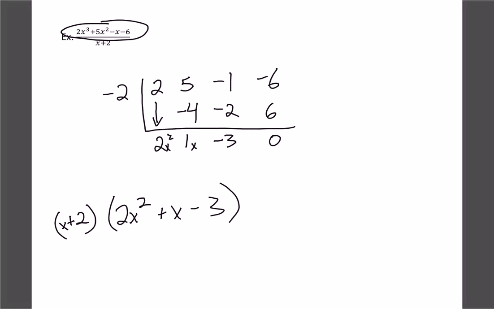So what we're going to be doing with this stuff then is taking that final answer, right? What we already know is that x plus 2 was a factor of the original. So when we divided it, we were left with 2x squared plus x minus 3. So now all we would have to do then is factor whatever's left over. So if we actually factored that, we would get,